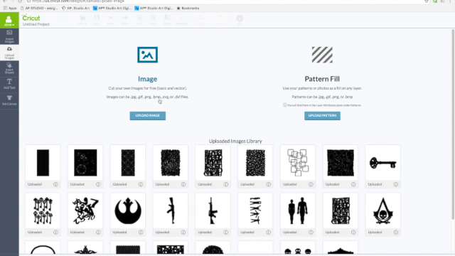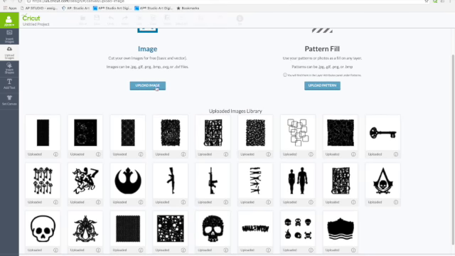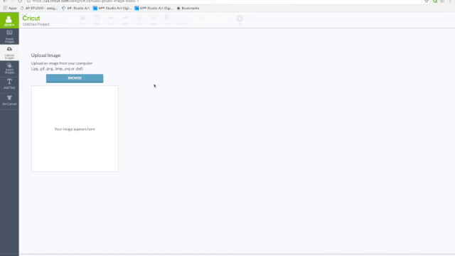Upload Image. Notice how we have JPEG, GIF, PNG, BMP, SVG, that's a scalable vector graphic I like to use a lot. DXF is also a vector-based file. They use a lot of 3D files. But right now, these are all the images I've done before and brought in. And from here, I will now hit Upload Image,